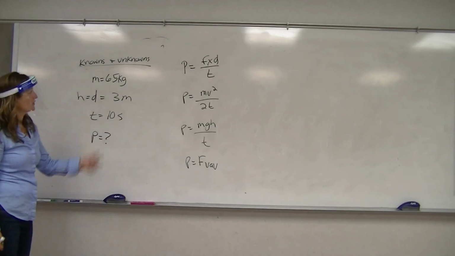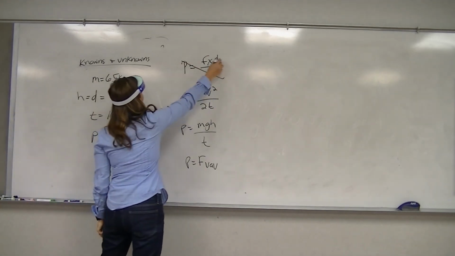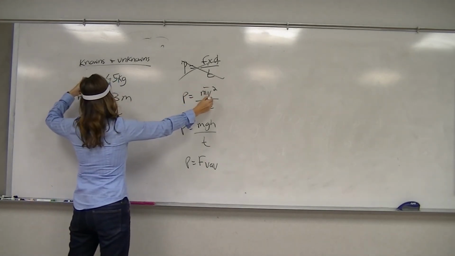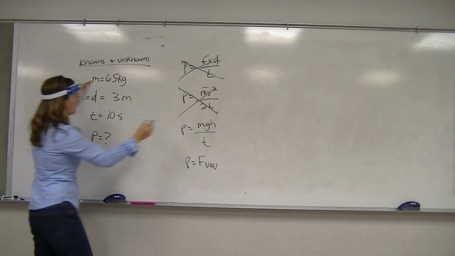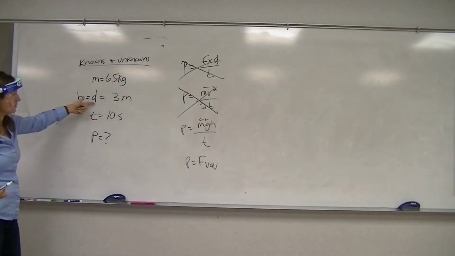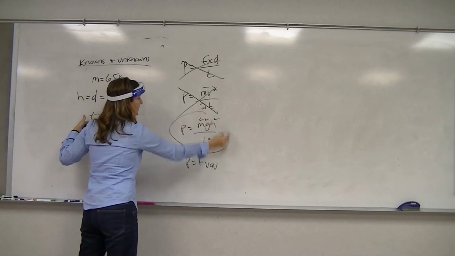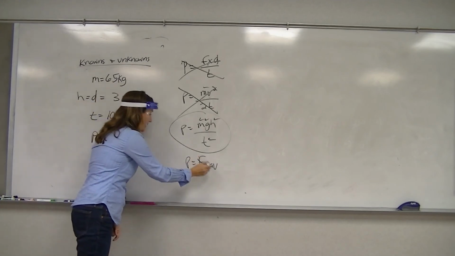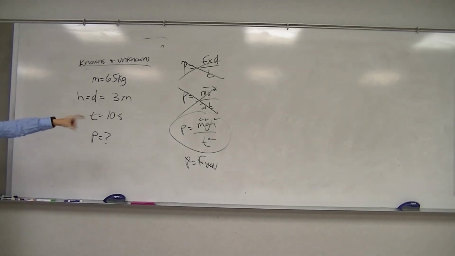So going through, first equation, do I have force? No. The second one, I have mass, but do I have velocity? No. Third one, I have mass, gravity, it's not on here, but I always know what gravity is, so I'm going to put a check. Height or distance, yes. Time, yes. So this one works. If I want to be thorough, I can look at that last one. I don't have force, I don't have average velocity, and I don't have power. So that one's no, no, no. So using that third one,